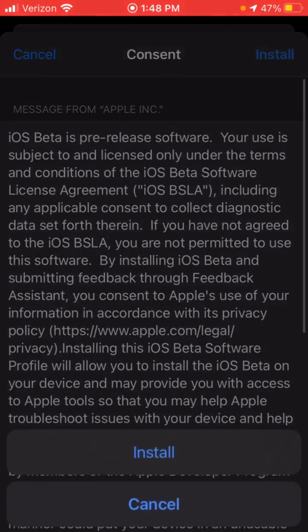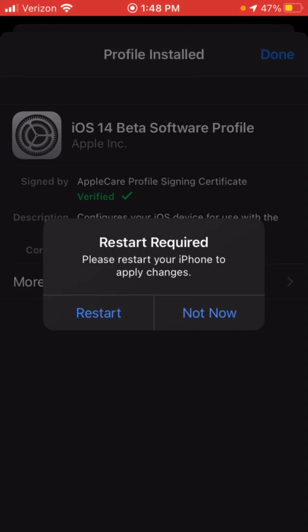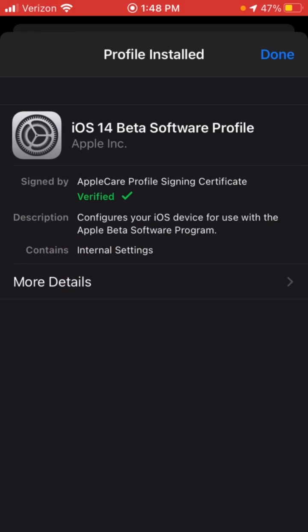Enter your passcode, and there's a whole lot of consent. You can just put install again, and you'll have to do restart, but since I already have it, I'm not going to click restart, so I'll do not now, done,